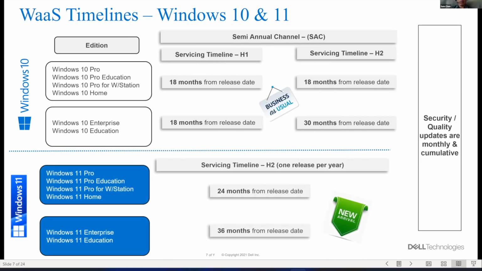And for Windows 11, the release cadence changed from twice a year to once a year. So going forward, we will only have one release per year for Windows 11. And also the support lifecycle extends from 18 months to 24 months. We don't need to worry too much about lots of updates per year. Windows 11 has a longer life cycle for each release so that we don't need to move to a new release every year.